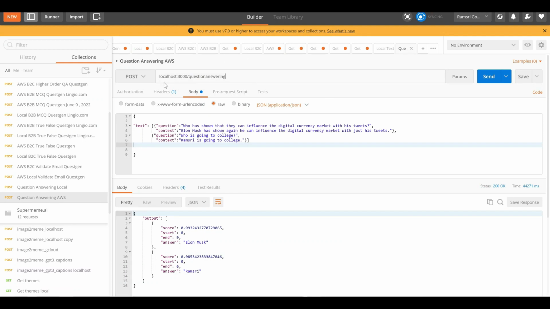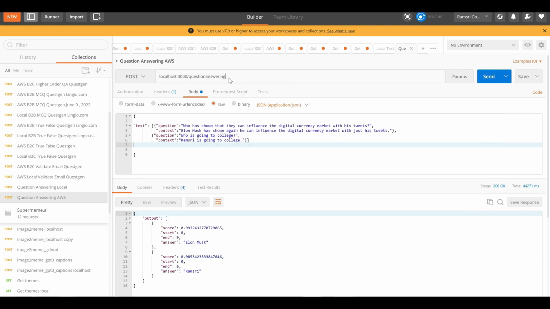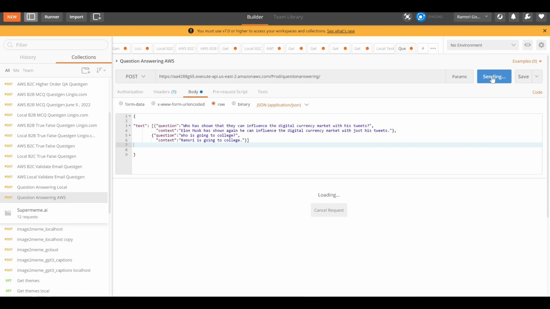Now the biggest thing that you need to do is, we have created a copy of the local one, and you can see this is the API URL. Just copy that, and instead of this, enter that and run this, which now runs on the AWS Cloud Lambda